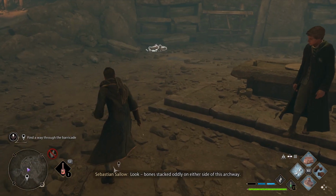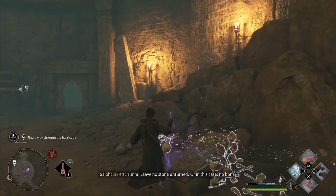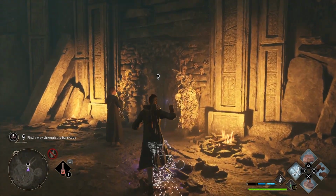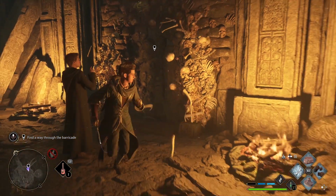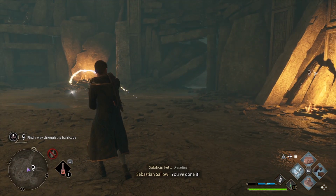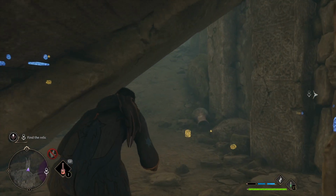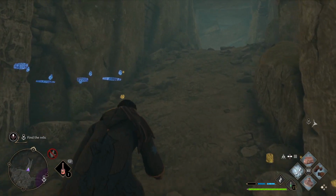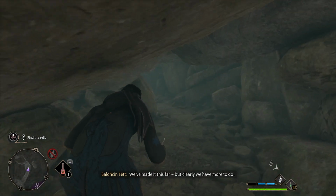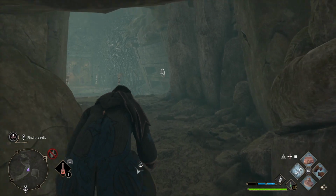Look, bones stacked oddly on either side of this archway. Leave no stone unturned. Or in this case, no bone. I don't know if this is the last of it. I think there's a little bit more. Oh, no, that's it. You've done it! Revelio. I knew we'd get through. I felt it in my bones. Okay, nice. But before we do that... We've made it this far, but clearly we have more to do. Yeah, before we go that way...